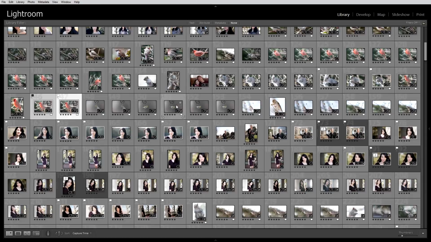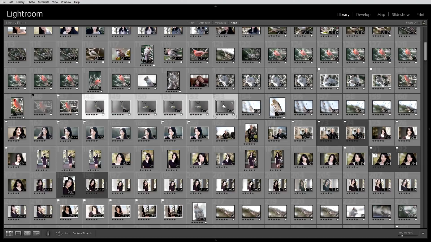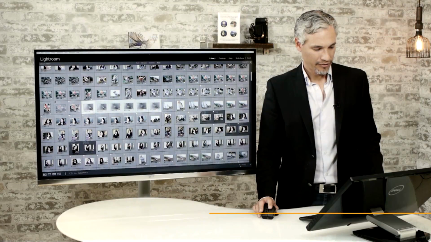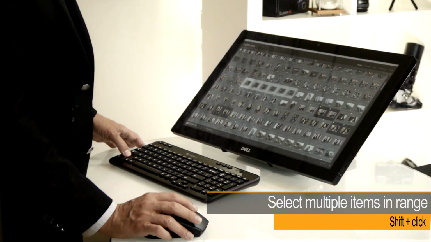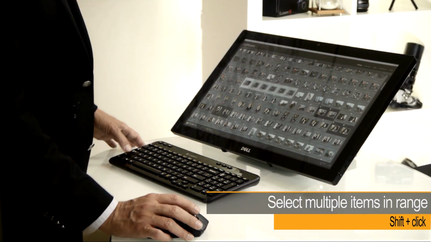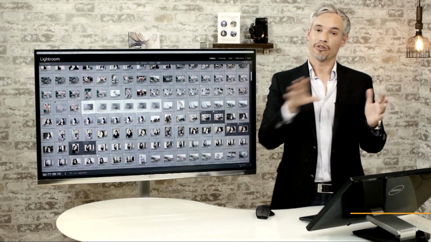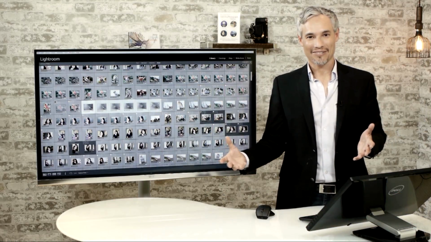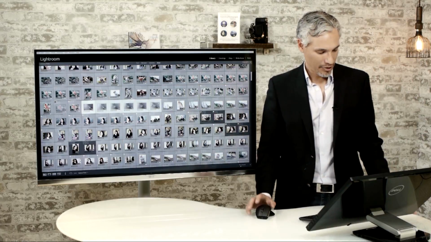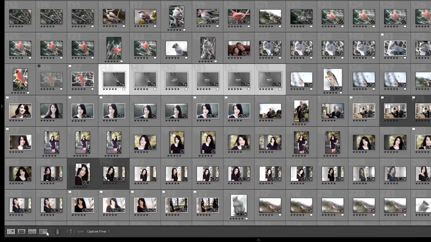You can also select more pictures at the same time and view them in survey mode. So here I'll pick all these pictures of this bird. What I did was I clicked to select the first picture and then I shift clicked on the last picture. And when you shift click, you select all the pictures in a range between the first one that you selected and the last one. So now that I have these 6 pictures selected, I'll click this button here to jump